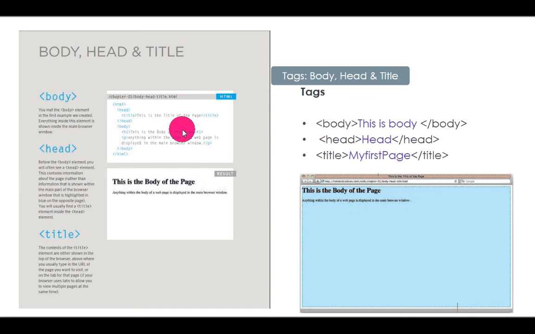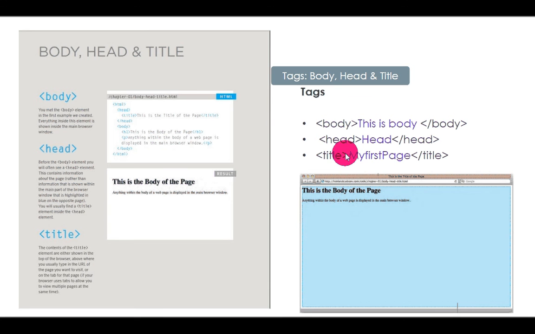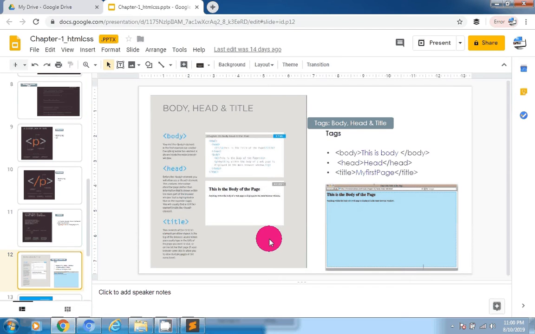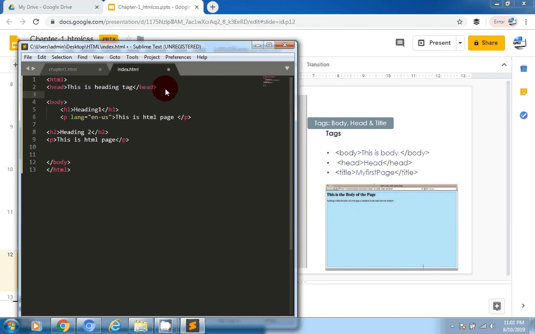This shows the tags which are used in HTML. The body element is the first example we create. Inside the body is the content of the HTML. Head and title are for my pages. I'll tell more about the title and how the title looks like. For example, if you go here and I add a title here,